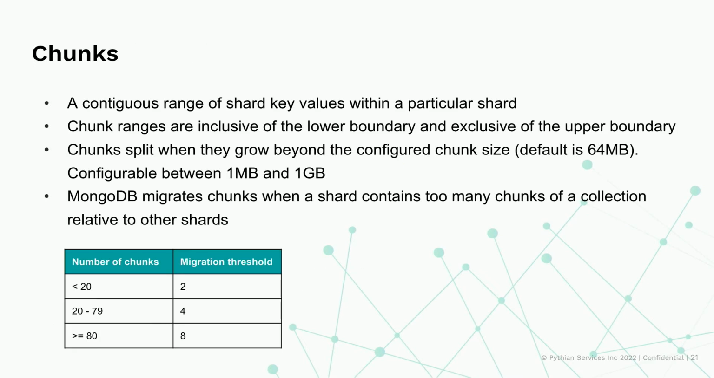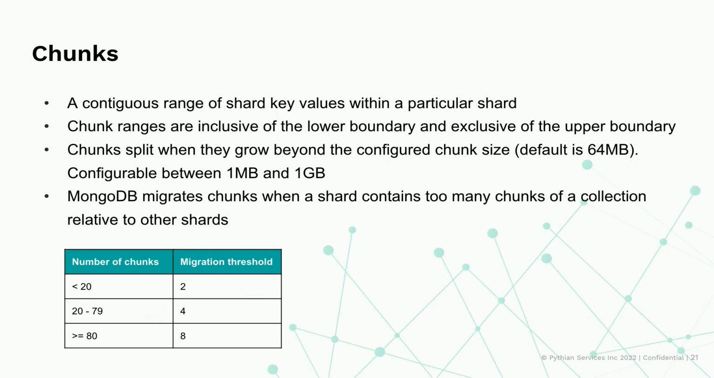So a chunk is basically a continuous range of shard key values. The lower boundary is inclusive, the upper boundary is exclusive. So if you have a range between 1 and 10, 1 will be inclusive, 10 will be exclusive. The default size is 64 megabytes. It's configurable between 1 megabyte and 1 gigabyte. And